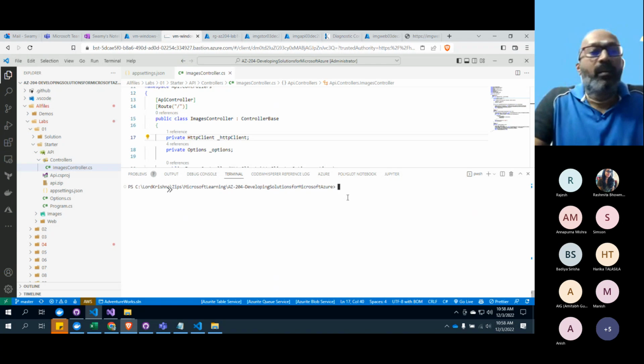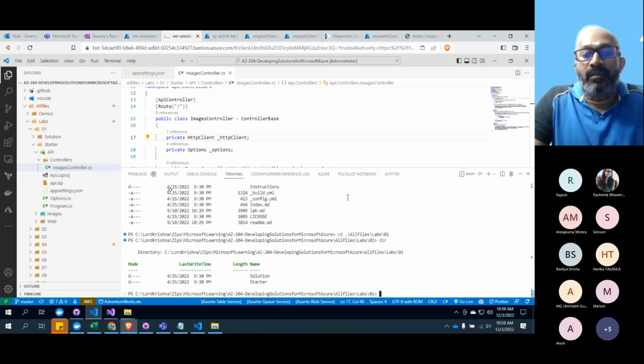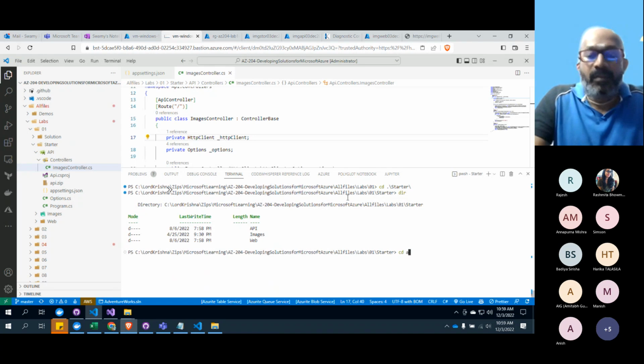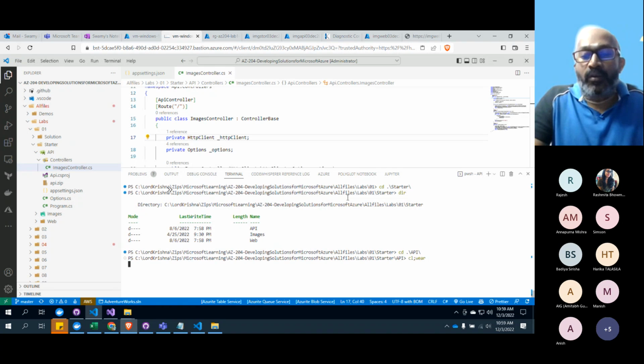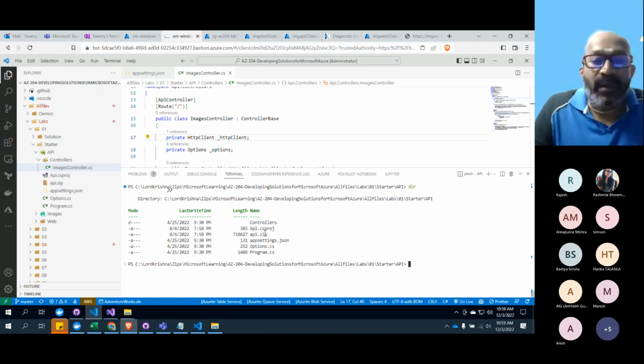It should be cd, cd all files, and inside all files you have lab, and inside that cd starter. The good thing is this is Windows. If it is Linux, it will definitely ask for the casing. So this file is here.